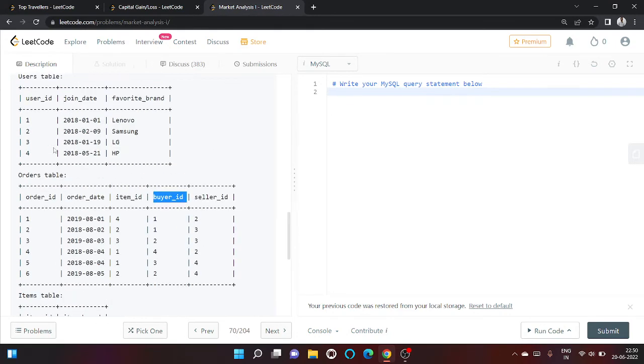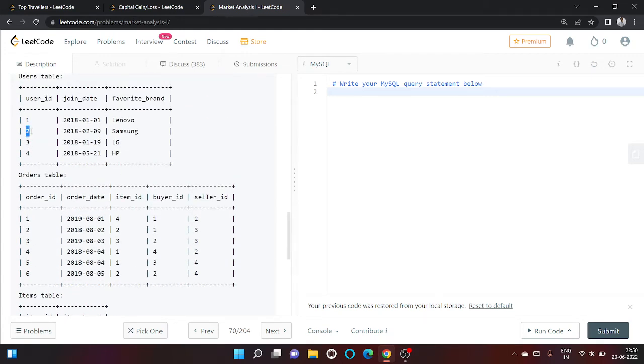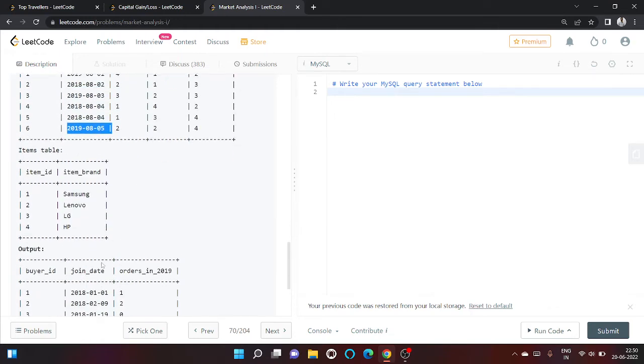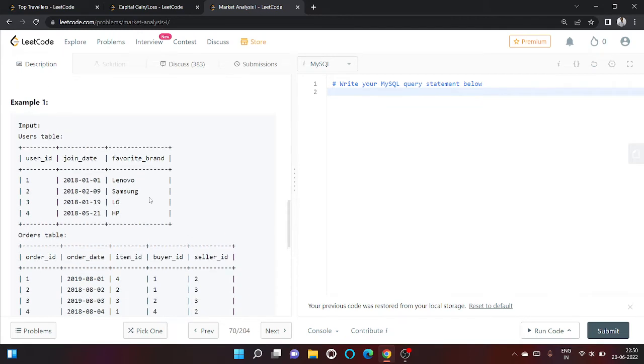So for buyer ID 1, they made one order in 2019. Similarly, user 2 has made two orders in 2019. User 3 hasn't made any order and 4 hasn't made any order. So basically what we will do,